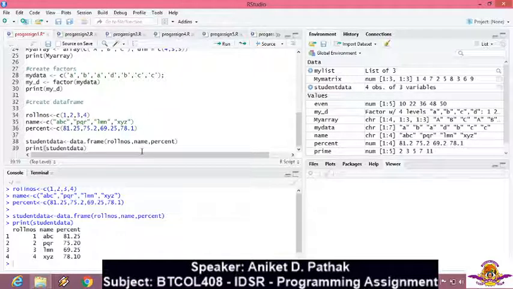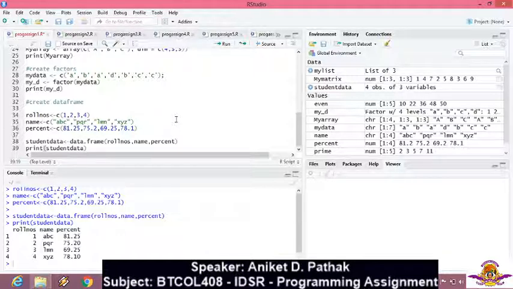So, a quick recap. The first data type which we saw was our simple vector, which was followed by list, which was followed by matrices, which was followed by array. Then for categorical data we had factors. Then last, we created a data frame.